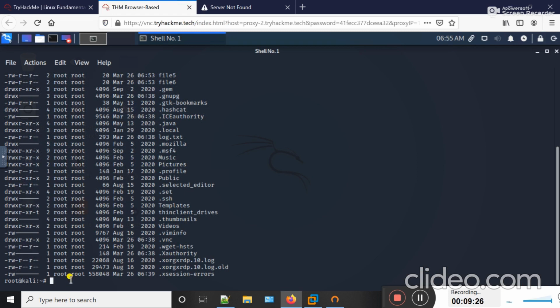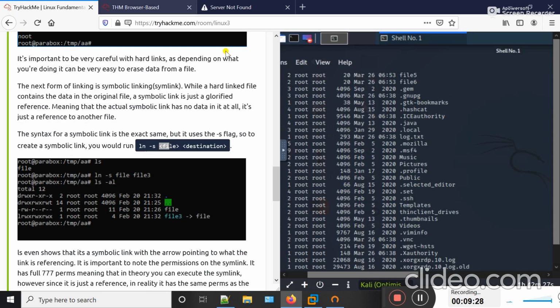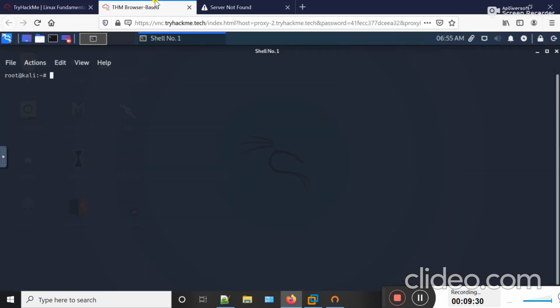If I want to create a symbolic link between these files, I will use ln and the switch -s and then the name of the file which I want to link, that is file5, and then the new file7 and hit enter.